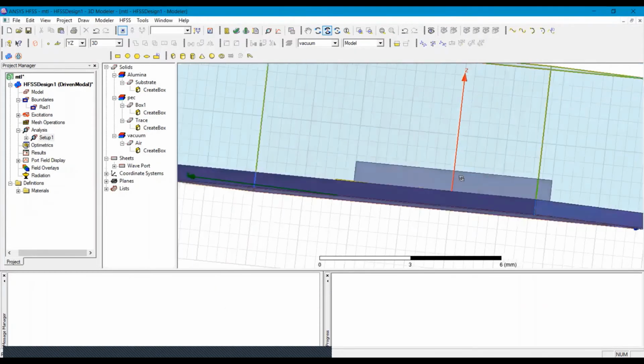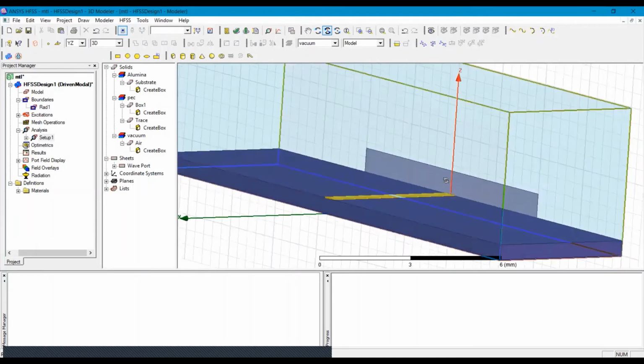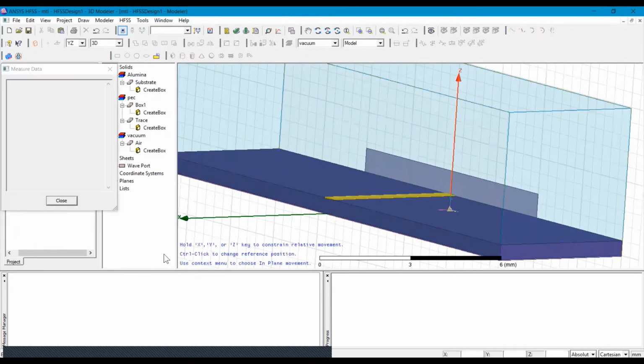Now we will draw the same rectangular box at the other end of the microstrip line. So again we will select the rectangle, and then on the x-axis the starting point will be 5, then -5, then 0, and the dimensions are 5, 10 and 1.3.